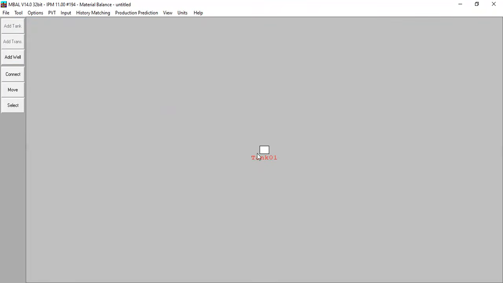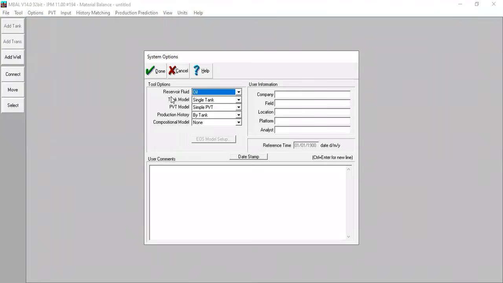Okay, so this is the material balance window. We have one tank still blank here called Tank 1. Okay, we go to Options. Reservoir fluid, we will select gas. So our case today is about a gas reservoir. Tank model, single tank, no abnormal pressure, production history by tank.